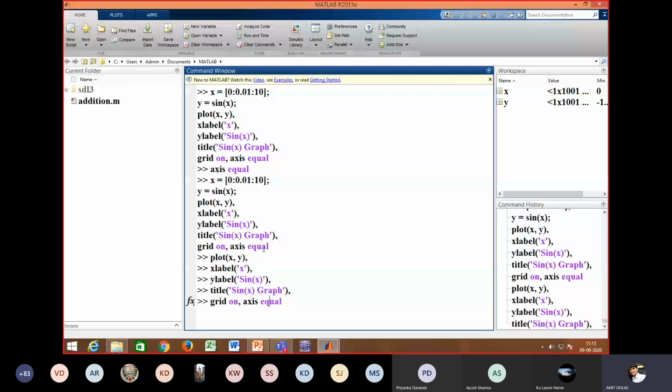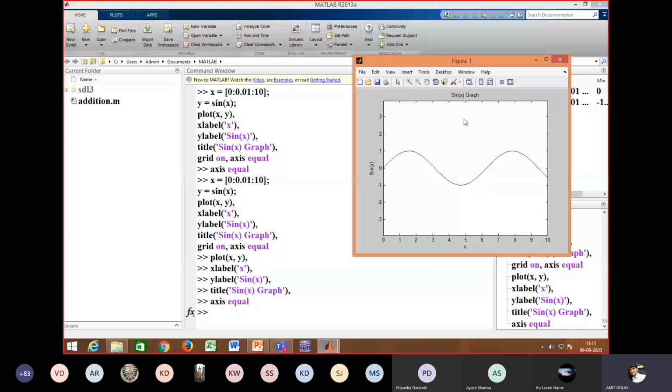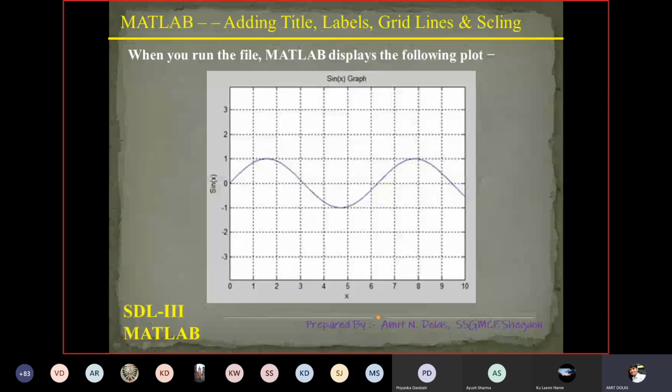So I'll remove grid in the last instruction, and you can see the grid is not available in the graph. So these are the small things that you have to remember while plotting certain graphs. According to your need, you may make necessary changes. Of course, the result of the code is shown like this on the PPT.